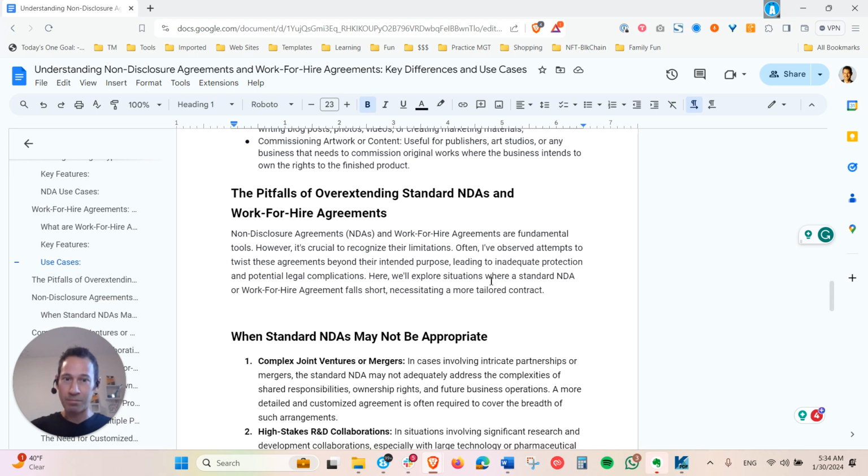But it's not the same thing as having a non-disclosure. Normal process would be, maybe you're going to work, a lot of our clients work with product designers or engineers. And what they'll do is, when they're first speaking to them, they'll speak to them on a high level and have them sign a non-disclosure agreement, seeing if this is something they can work with. Maybe they have to give a little more information so that they can actually get some sort of estimates and quotes and have a better understanding.